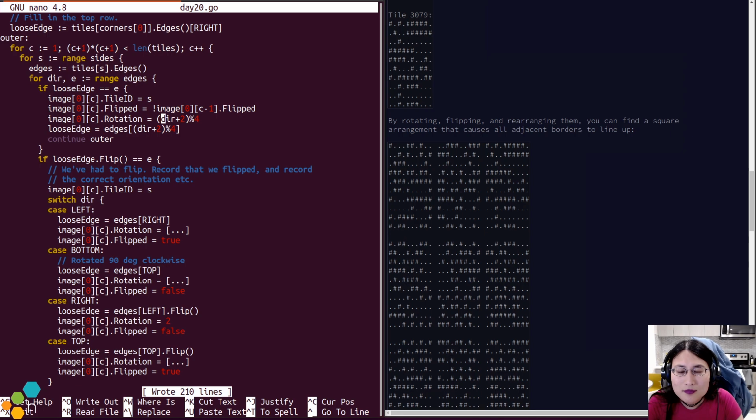Oh, I see. So what this secretly is, left. I expect it to be left. So if it is left, then I subtract left and get 0, and this is not rotated. If I get top instead, then it means that I had to rotate 1, 2, 3 times in order to get that rotation.